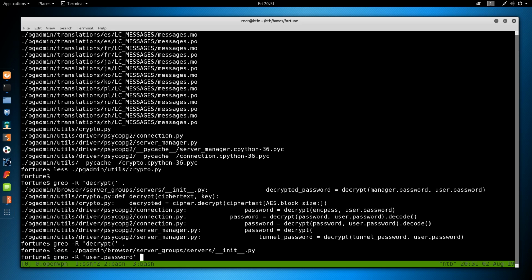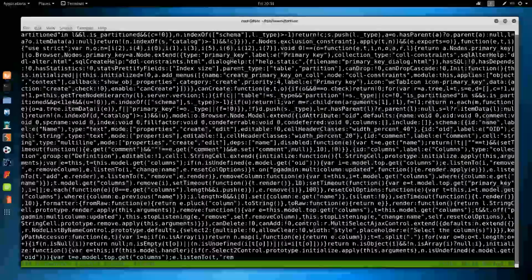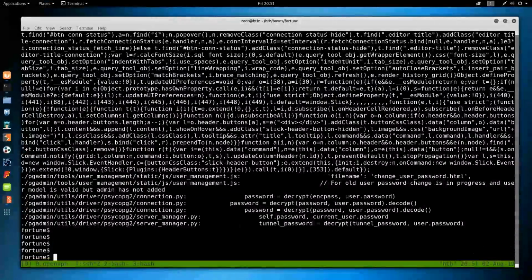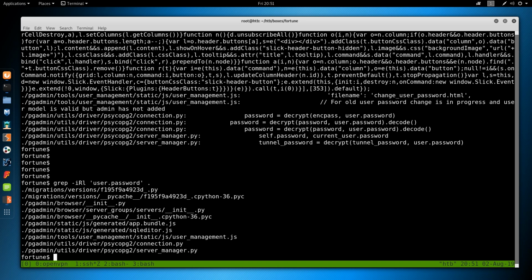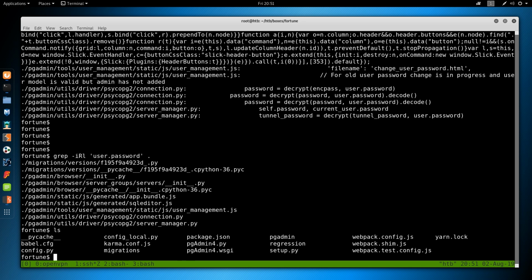grep -r. It's probably in one of those Flask libraries. Let's see. I'll leave that for you to hunt around for where that password is being set. Let's just copy this config file. So if we go into crypto.py,